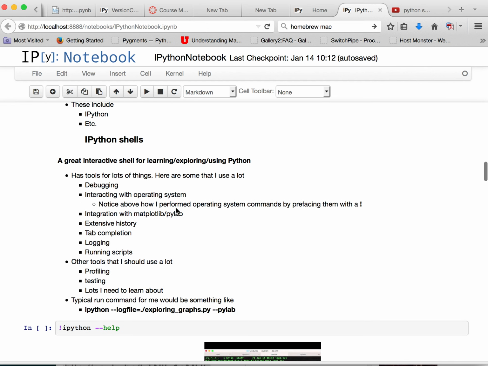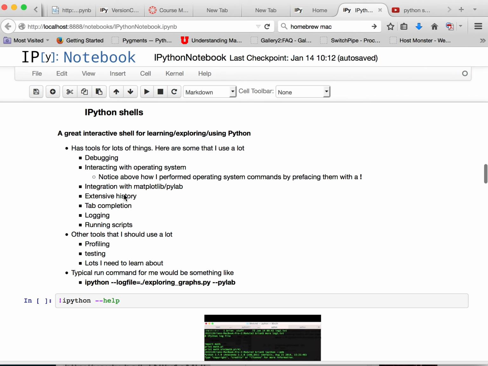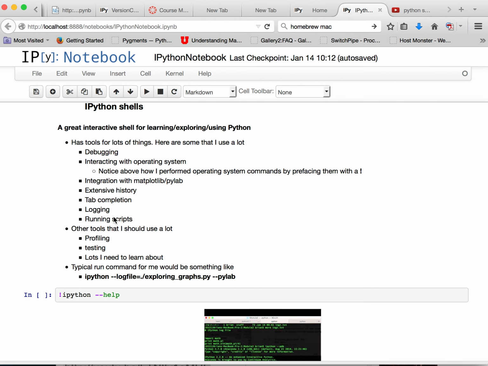Now, I think that IPython is a great environment for learning and exploring how to use Python because it has a lot of built-in tools to help you in that process. It has tools for helping us run the debugger, interacting with the operating system. It makes for easy integration with common plotting tools. It has a history so you can keep track of what you did. You can record what you did with logging, etc. You can also just run scripts directly from IPython, and we'll be demonstrating this throughout the